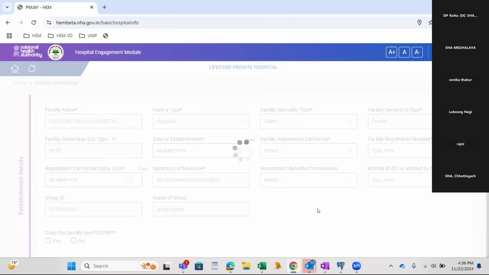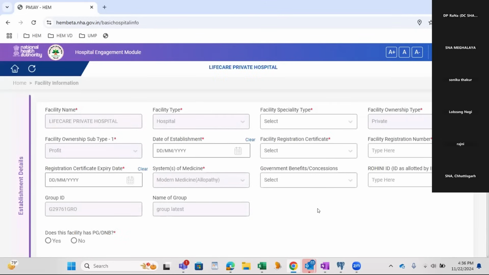Now, once HFR is validated and confirmation is done, it navigates to the first screen of the form, that is the basic information page or establishment details. Here, you can see there are several details like facility name, hospital type, which are auto-populated from HFR. These are all grayed out and non-editable fields. Now we have to enter all the mandatory fields which are editable.